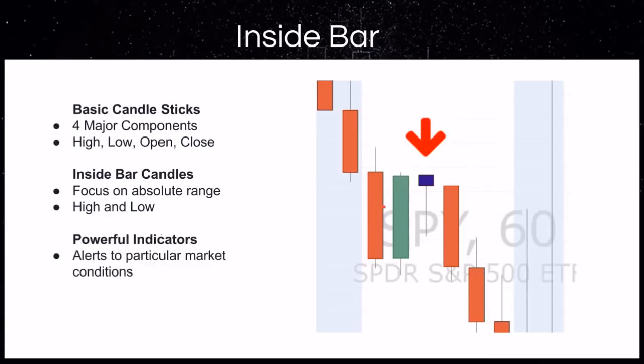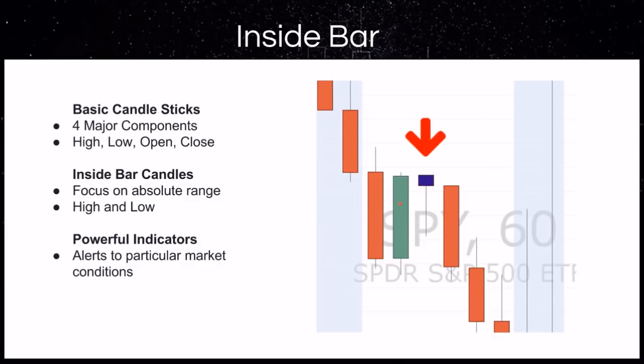So the inside bars focus on the absolute range. We're concerned with the high and the low, not necessarily the open and the close. And what this shows us is that a range is tightening. We have a lower high and a higher low forming. So an inside bar is when the range of a candlestick fits completely within the range of the previous candlestick,